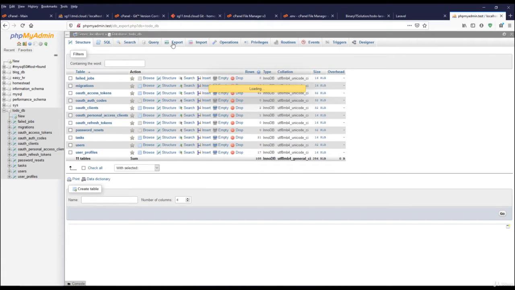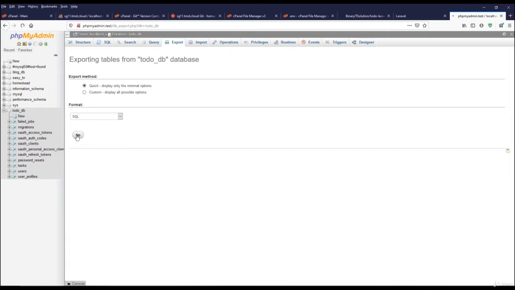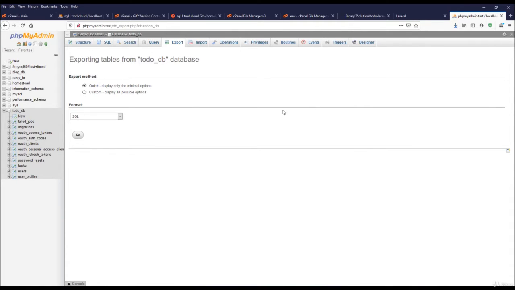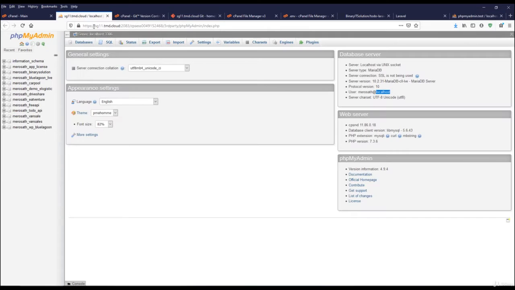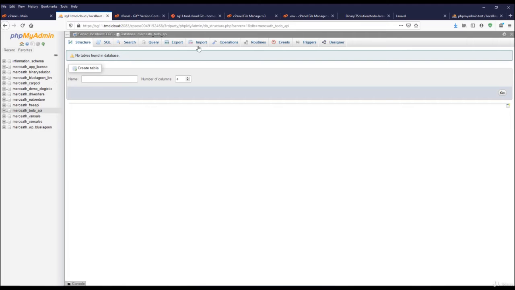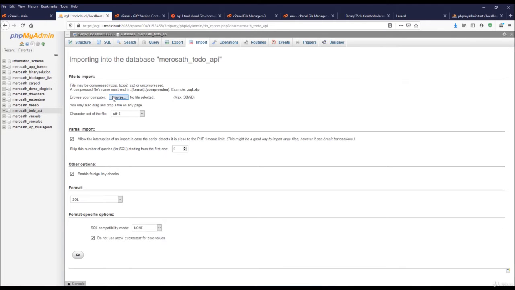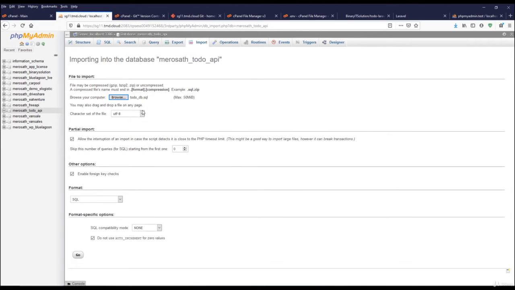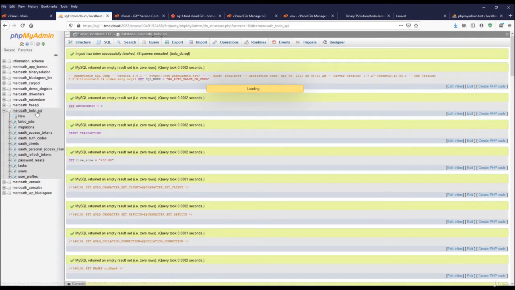this database. So let me export the database and we'll import it to our hosted phpMyAdmin. So just save this file and we will go to the database over here and select your database, that is a to-do API, and we will import the database. So let me select the file I have just downloaded from here and let me import that file, the to-do.sql, and just go. So that will import the database, and you can see if you have successfully imported you will